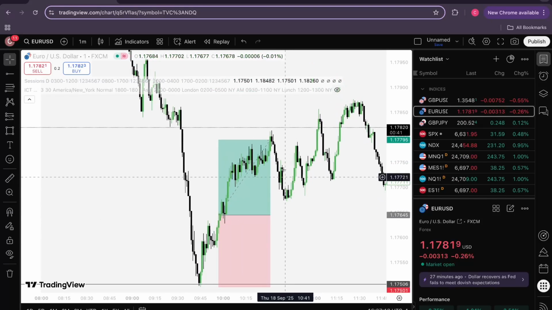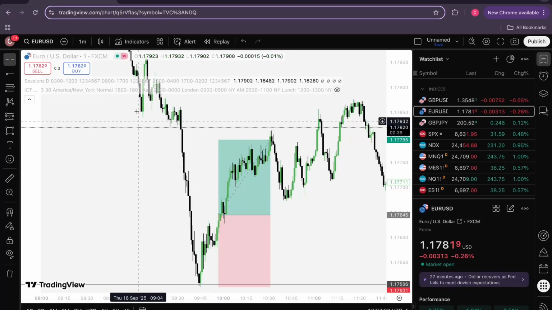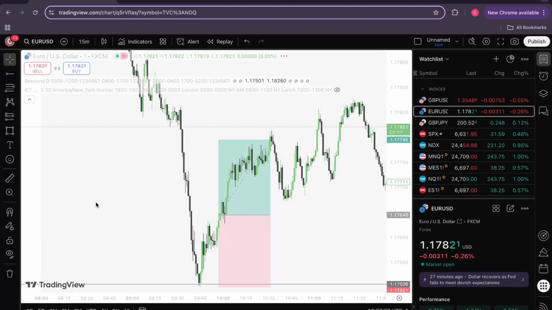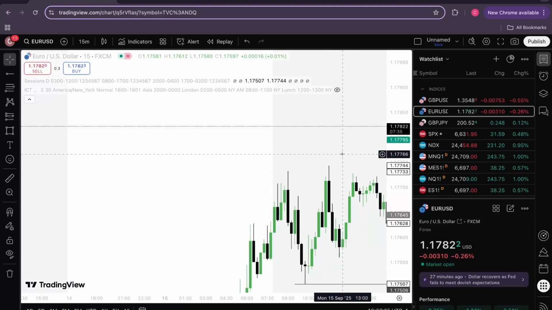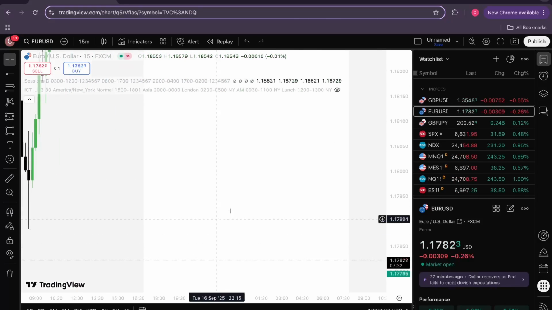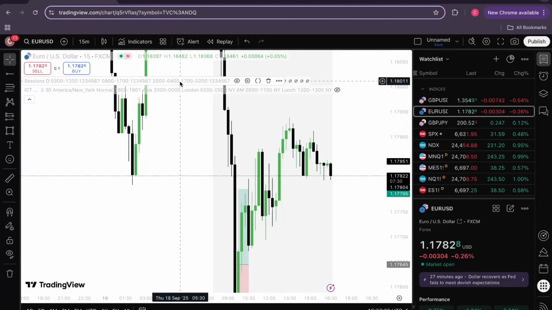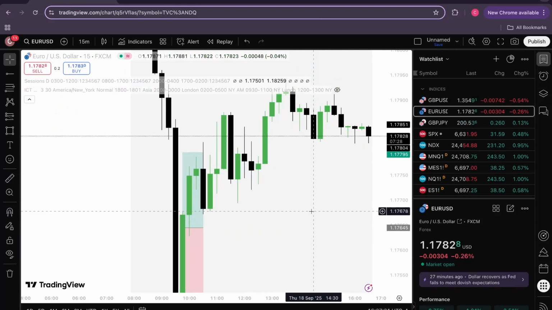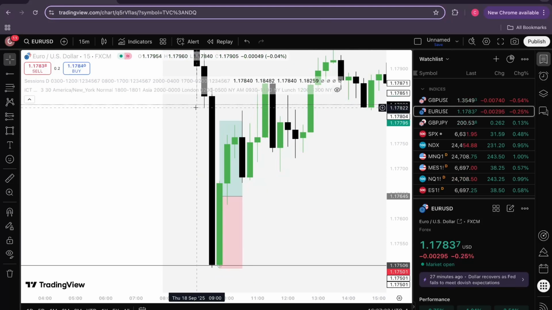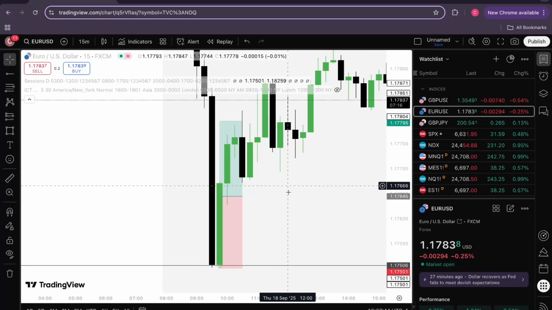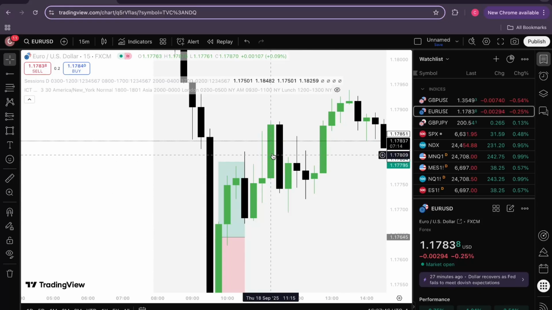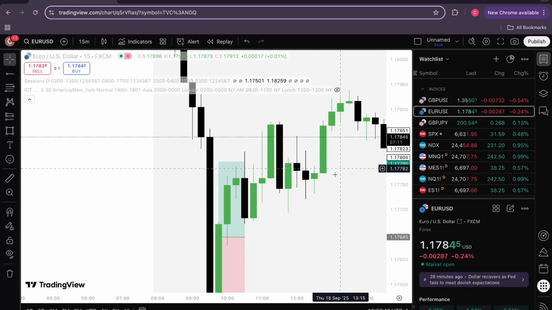And then I set my take profit to fill in this 15-minute fair value gap. I did close, where is it? Yeah, 15-minute fair value gap. But because I had to leave for a doctor's appointment, I closed it a little bit early. I probably would have had it at the top of this fair value gap. I mean, still 15 pips is a decent move, and price still ends up going past that anyways.